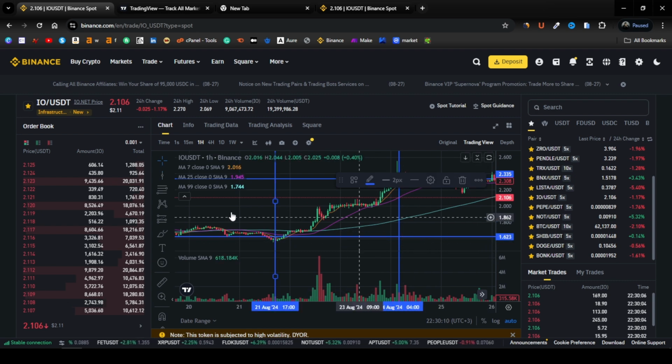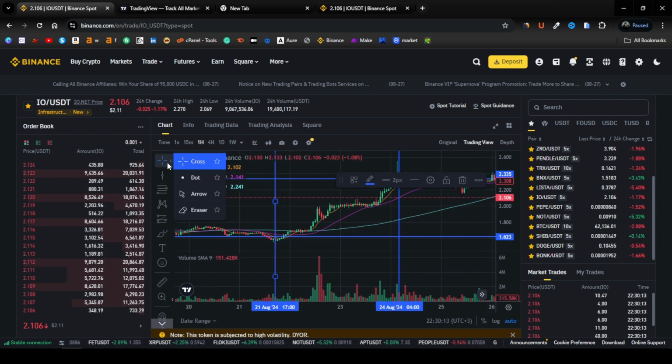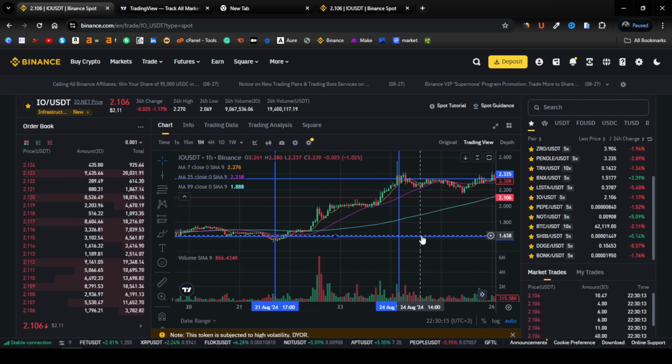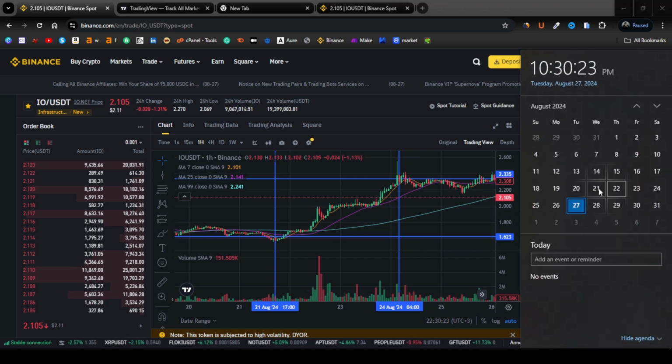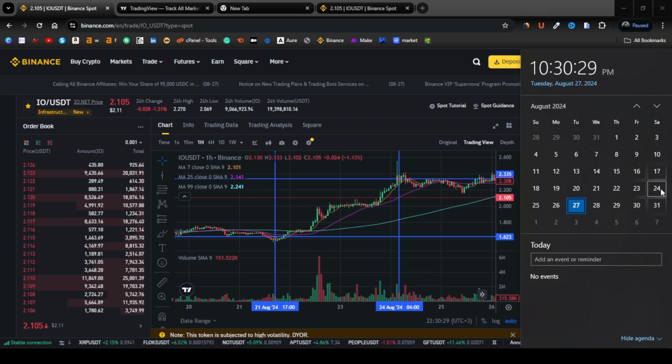So you can see this is a difference of how many days, like 3 days only. Yeah, if you look at the date here, on 21st was on Wednesday, and by Saturday, which was 24th, this coin had a price movement of around,